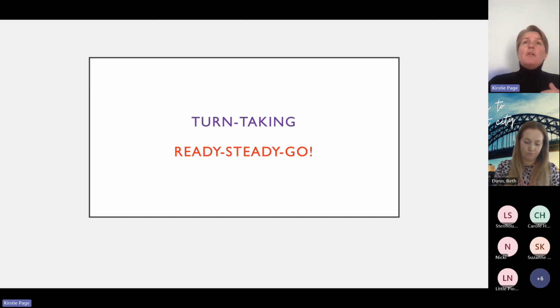So let's think more about little things that we can embed into our learning environment. And we've already said about that notion of having turn taking at the core of our practice. Working on turn taking, yes, it supports those peer interactions, but it is also one of the best things that we can do to lift children up that auditory attention skills strand,